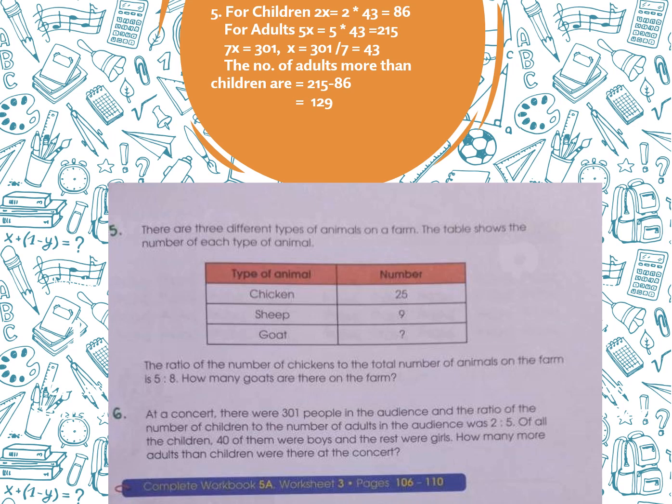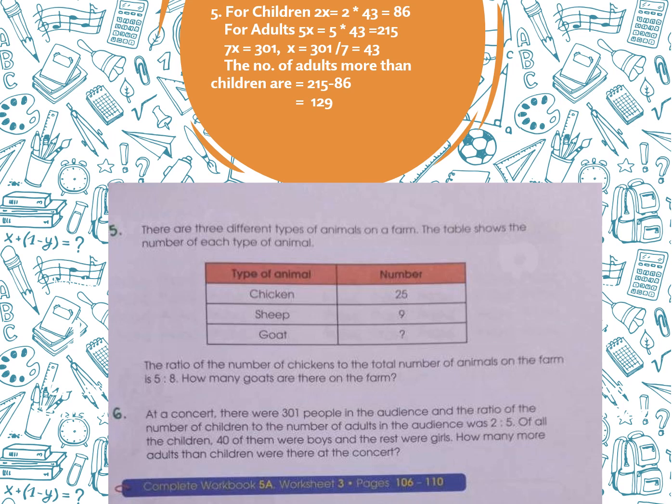So first of all, we know that the total number of people there were 301, which includes the children and the adults. The units of children are 2, and we don't know the number, so we are not going to write it for now, and the number of units of adults is 5. So in total we have 7 units. 2 plus 5 is 7, and all these 7 units are equal to 301 people. So if 7 units are equal to 301, then 1 unit is equal to 301 divided by 7,